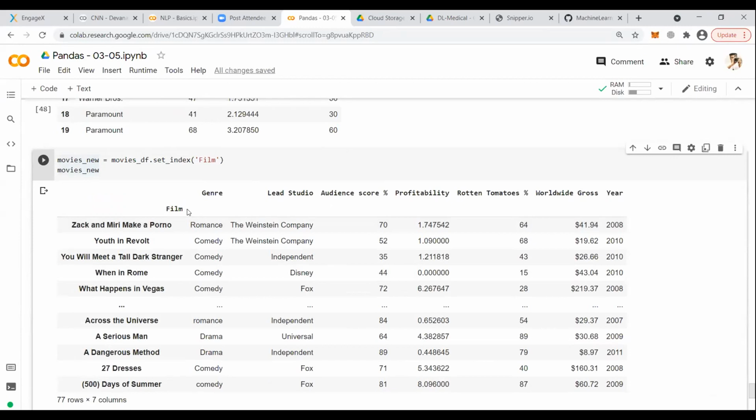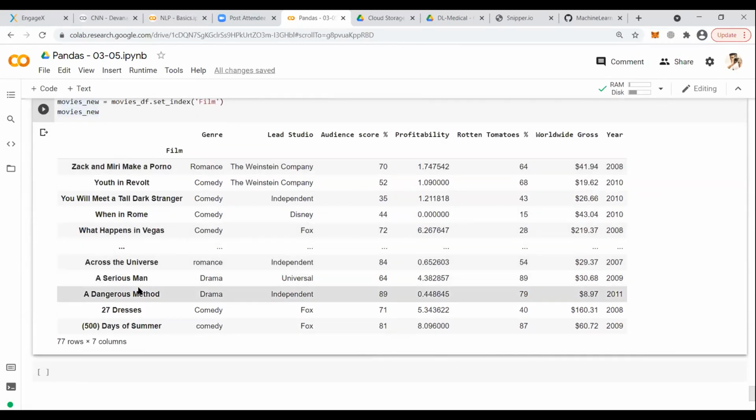Okay. So sometimes, suppose we have a date time scenario. I will use this type of thing in my COVID data analysis, where my values will be available in the date format. So I will try to set the index there. That is the reason why I finished here only. You can understand it with this data set. movies_df.set_index, when you pass film, this basically has customized my index value.